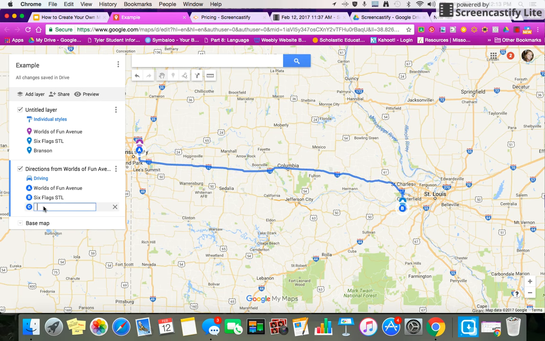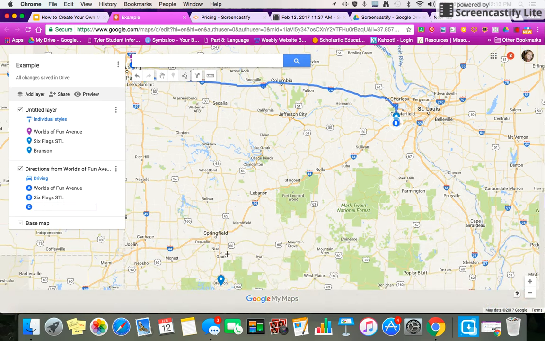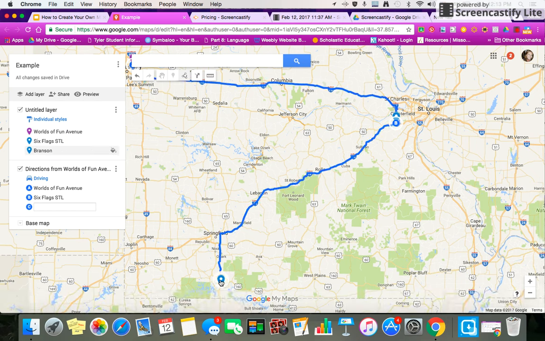Now I can add another destination. And this time I want to add Silver Dollar City. Okay. And then it's just going to give me the best way to get there. So let's say that you know that Percy is on his way to Los Angeles. You might want to put in this destination to that and kind of see which way you want him to go. Maybe you want to pick different cities that you think he might stop along the way, and you can